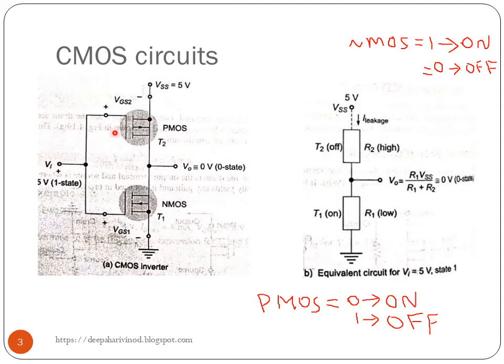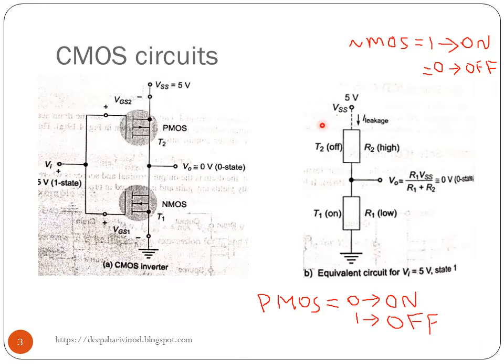Before going into this, I will just tell you how NMOS and PMOS get turned on. When the input of the NMOS is provided with 1, in the sense of a positive voltage, it will turn on. If it is equal to 0, it will be off. In the same way, in case of PMOS, when we provide the gate with 0, it will be turned on, and if the gate is given 1, it will be off. 0 means some negative voltage, and 1 means a positive voltage.